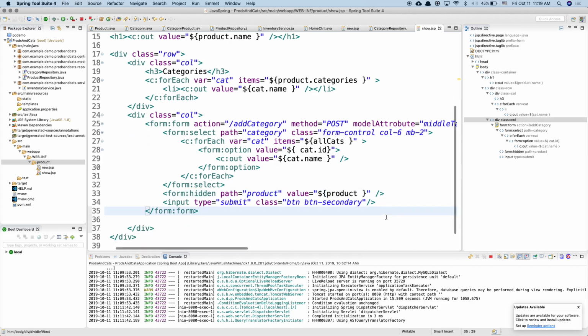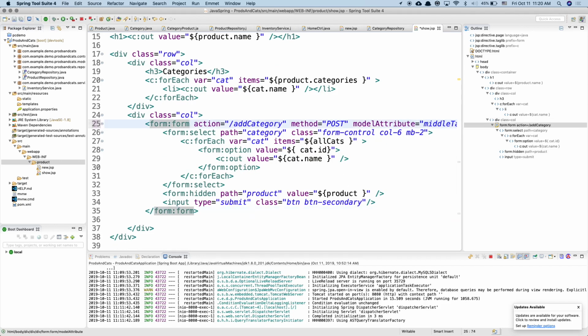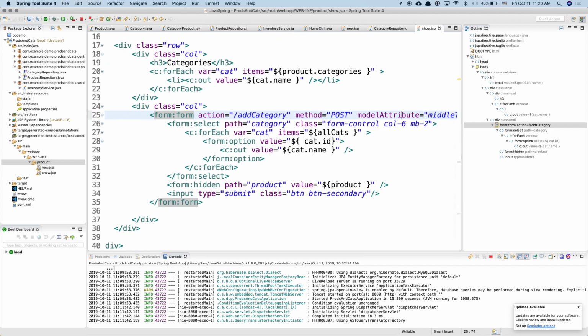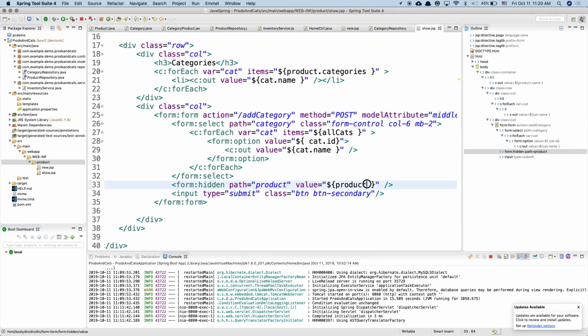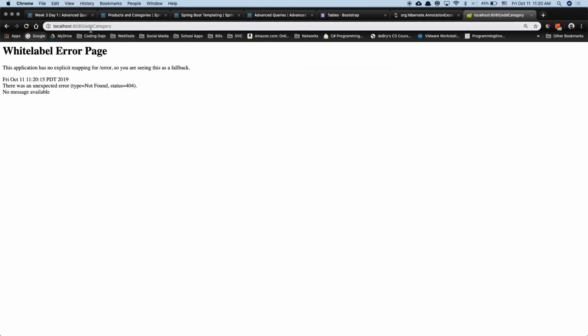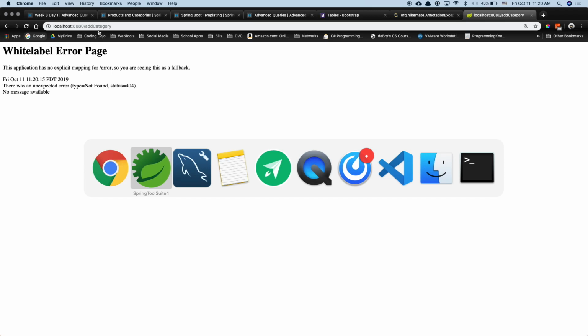I think you're right. Model attribute. Oh, thanks. Good looking out, guys. But I think you're right, Suzanne. So we'll see. Refresh. Okay, here's all of our categories. So if I hit home and submit, we don't have add categories, so we just have this one more thing to do